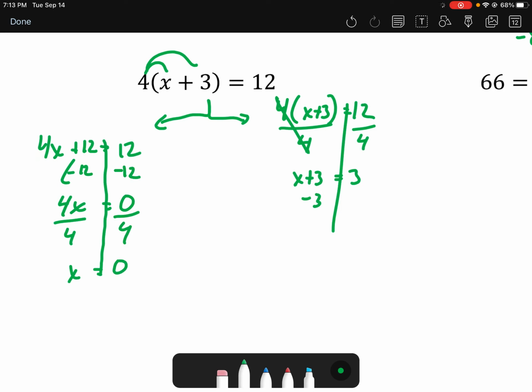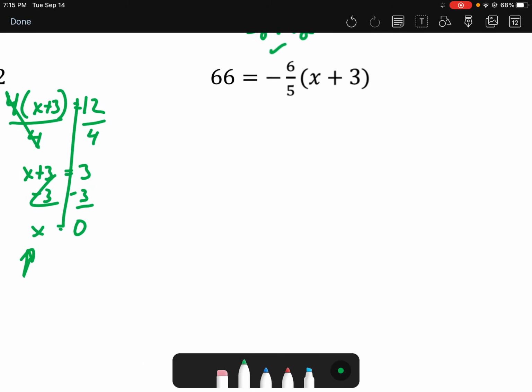Zero. And then this one, you get the same answer then. I like this way more. It's only 2 steps to solve it. This one, you need 3 cute little steps. But, I mean, both ways you get the same answer. The one way you get to practice the distributive property, so that's pretty nice. The other one you're kind of just using that you know it's the distributive property. But,